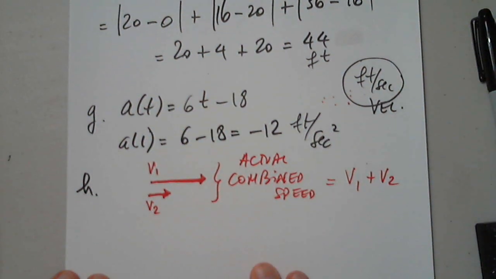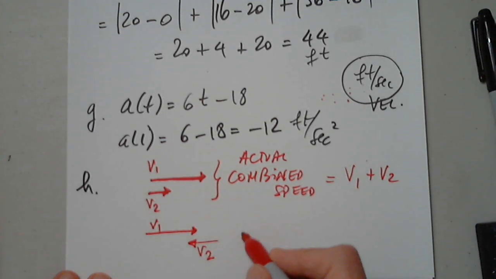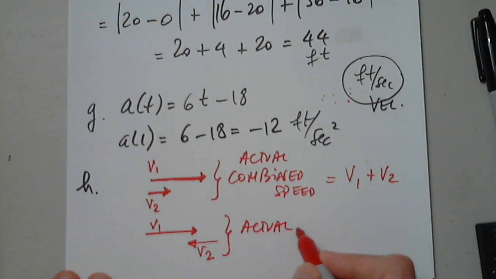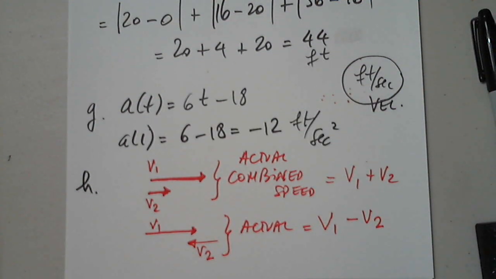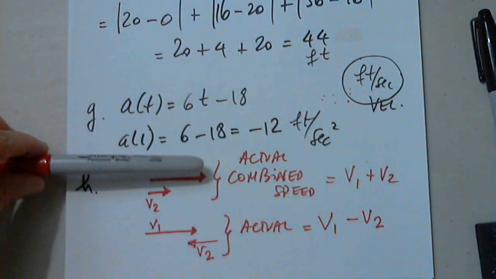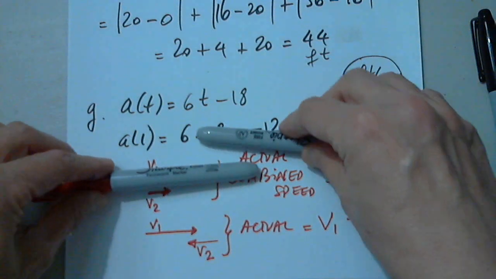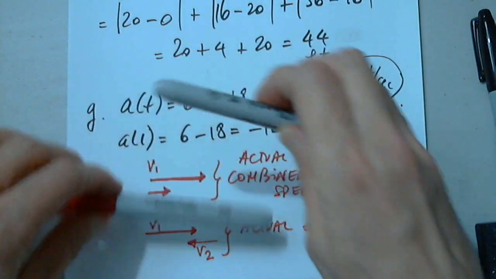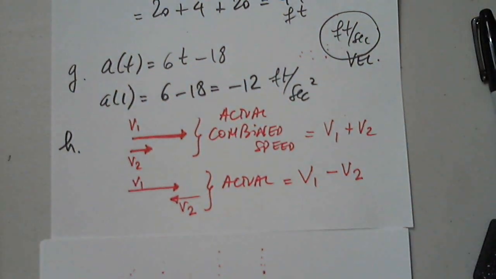Absolutely. Excellent. What if now you're on a plane with a speed of v1, but there is a headwind of speed v2? So what will be the actual speed? The difference. Yes, it will be v1 minus v2. So please keep that in mind, if two forces are helping each other, or when two forces are against each other. Okay? So, in order to determine when the particle is speeding up, I think I have to start a new